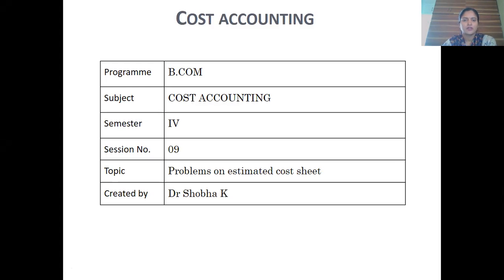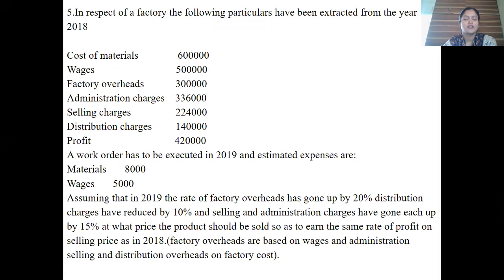Already we have learnt about the cost sheet and now the new concept, that is problems on estimated cost sheet. What do you mean by an estimated? Estimated is nothing but you are giving a quotation. If it is for 1 year, this is the sales, and for the next year, what is the sales or the profit you are going to earn. So, before entering into the cost sheet, let us understand the estimation.